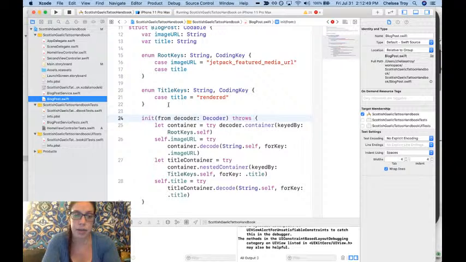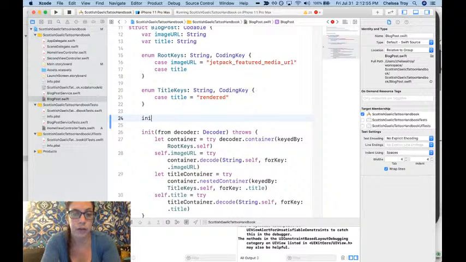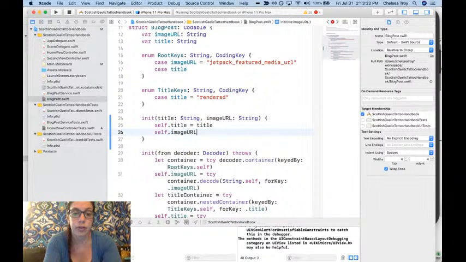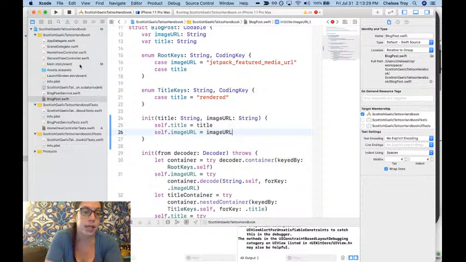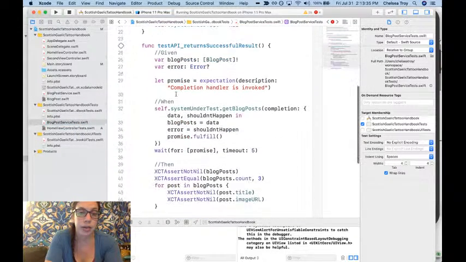I'm not going to test drive this because in my experience, test driving constructors doesn't end up revealing regressions very often. So let's do init, and we want to do image URL and title. Well, actually, let's put title first. String, image URL, string. And then it already knows we want to return an instance of the class because that's what an init does. So we're going to do self.title equals title and self.imageURL equals imageURL. There we go. So that gives us our initializer that we need in order to be able to write our test the way that we want to. So in here we can do,